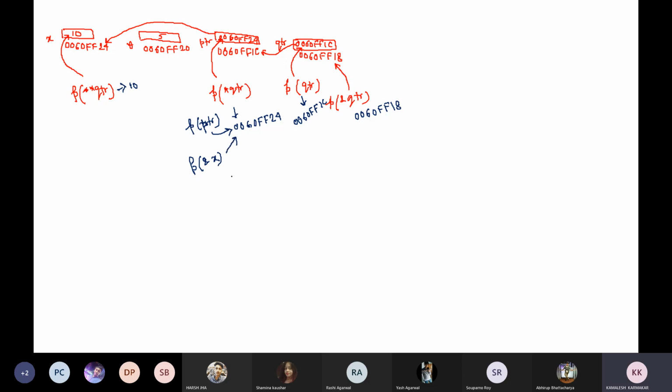So basically ampersand x, ptr or star qtr, all of them are pointing to the same thing, so they will print the same thing. Similarly, if you write printf star qtr, it will print 10. If you write printf star ptr, this value is 10 again. If you write only the value of x, then it will be same.